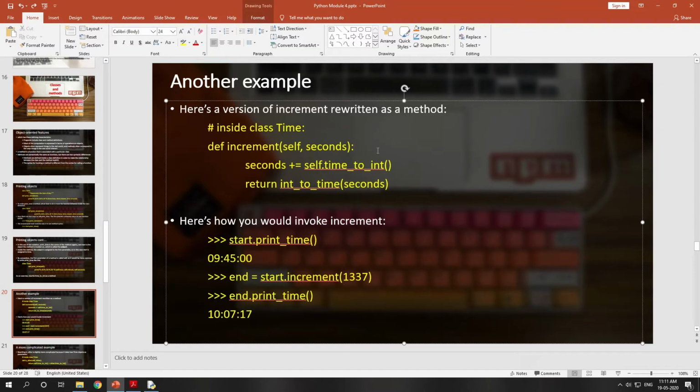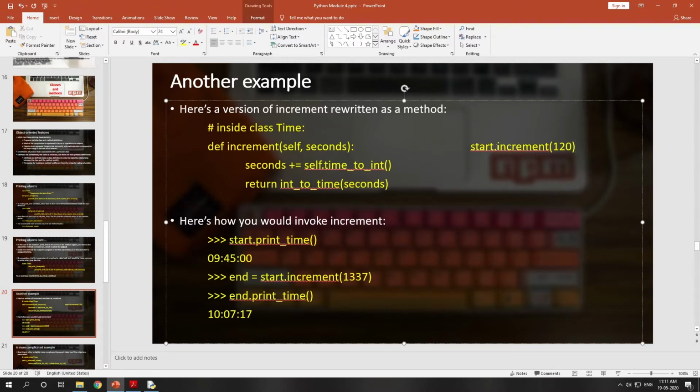If you want to call this method outside, you write start, the first parameter, dot increment, then the second parameter, which is the number of seconds that you want to increment. I want to increment 120 seconds.